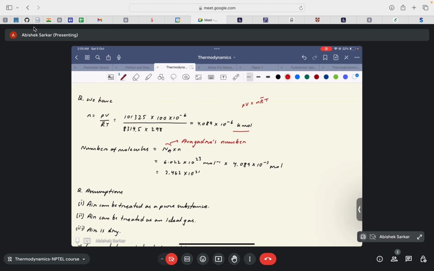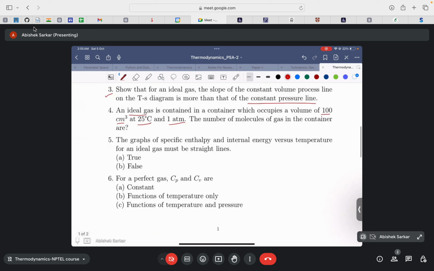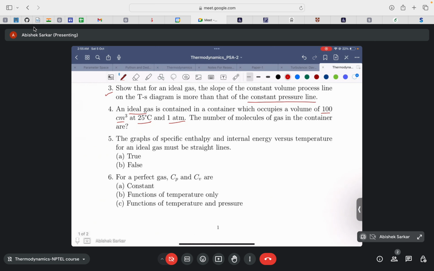So let us look into the next question. The graph of specific enthalpy and internal energy versus temperature for an ideal gas must be straight lines. We just discussed that ideal gases are not calorically perfect gases. In the case of a calorically perfect gas, the plot of specific enthalpy and internal energy will give you a straight line, because the specific heats are constant, so they act as the slope of those lines with an intercept of 0 on the y-axis. So this is not right, because for an ideal gas